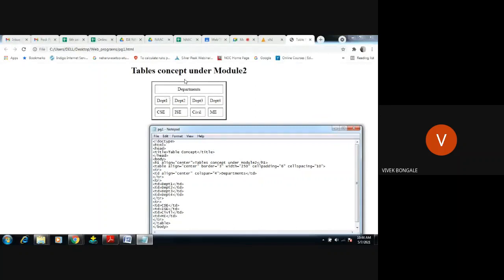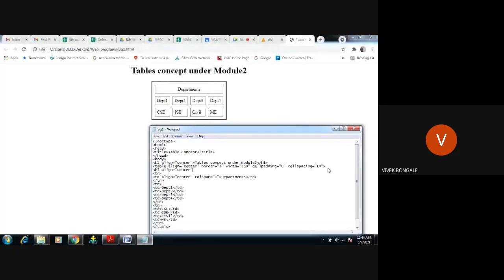So what I will do, I will add one more heading above this table. Go here, I want to use the H3 tag. Then I want to display it over the table, same, align equal to center.